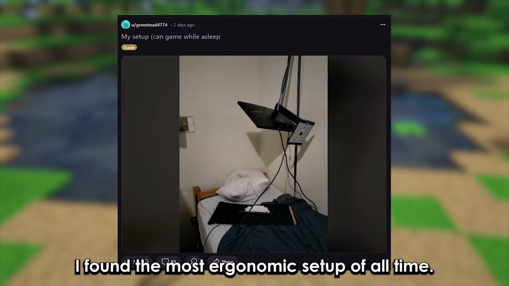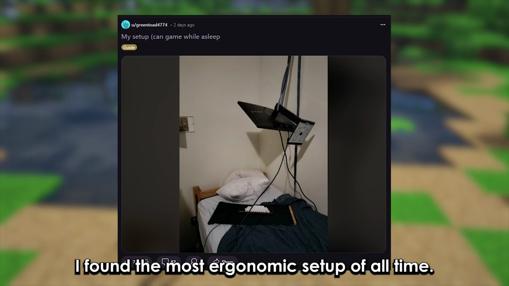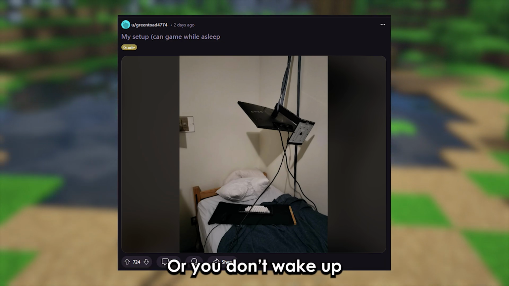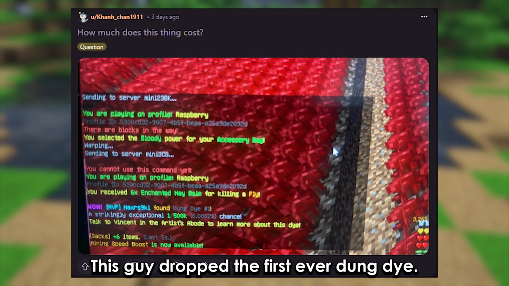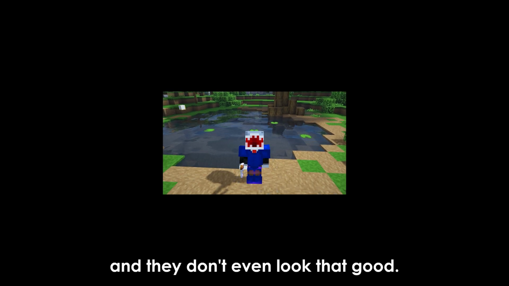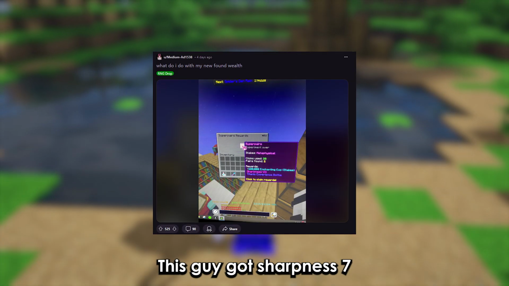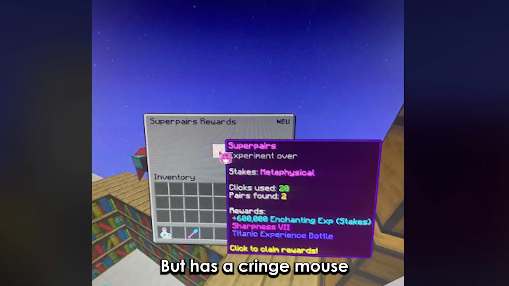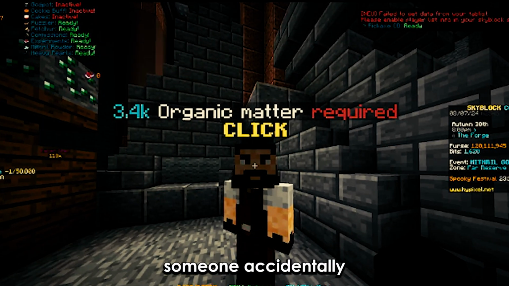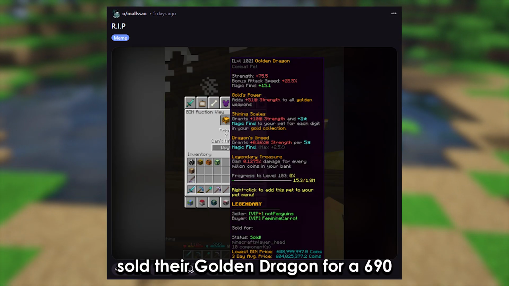I found the most ergonomic setup of all time. You either wake up to 1,000,000 coins or you don't wake up. This guy dropped the first ever dung dye. Sheepskin prices are insane. They don't even look that good. This guy got sharpness 7 but has a cringe mouse. The first guy wants some organic matter. For some reason, someone accidentally sold their golden dragon for